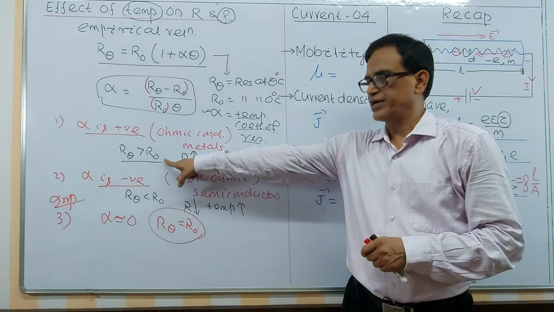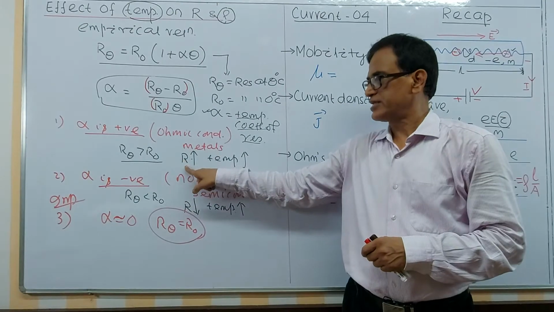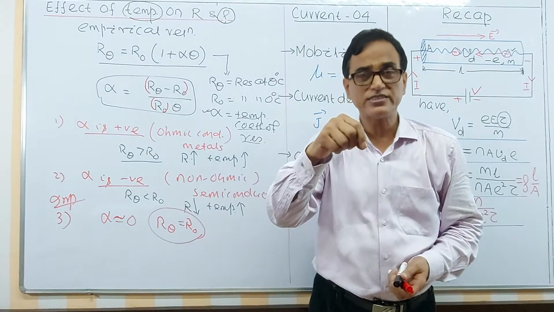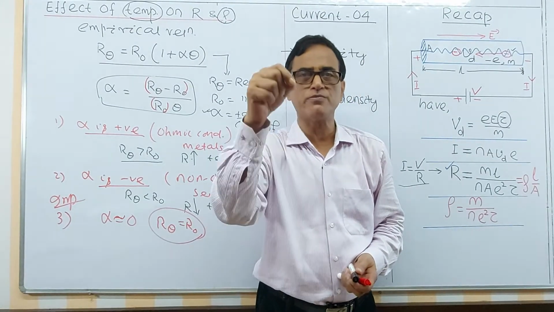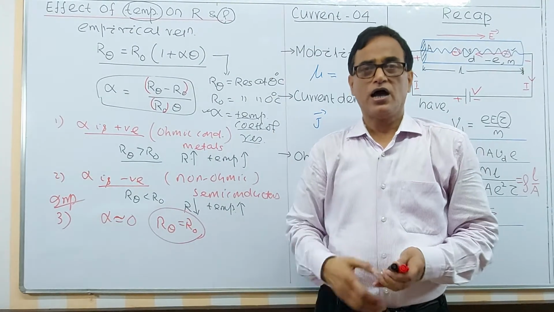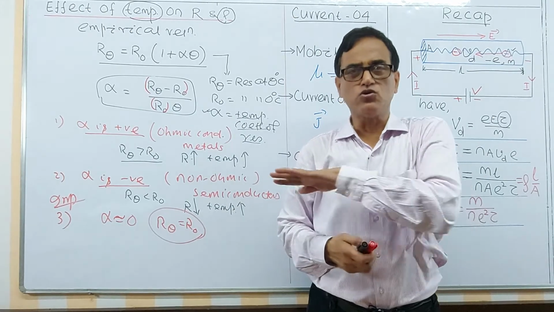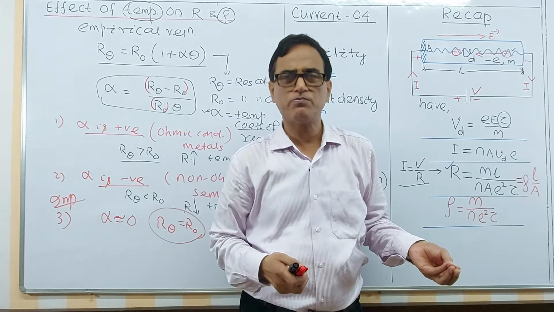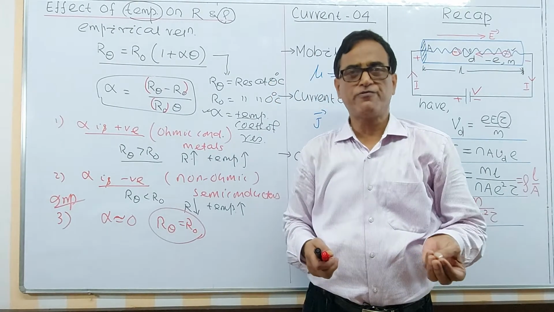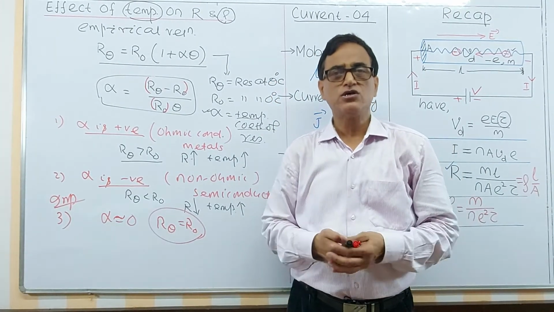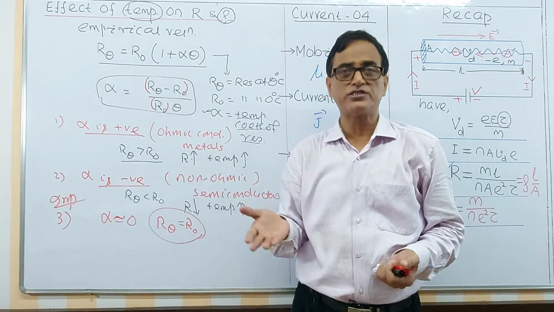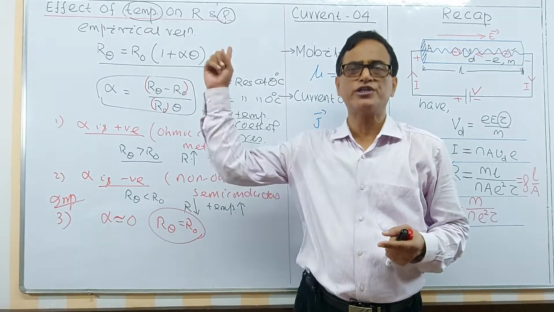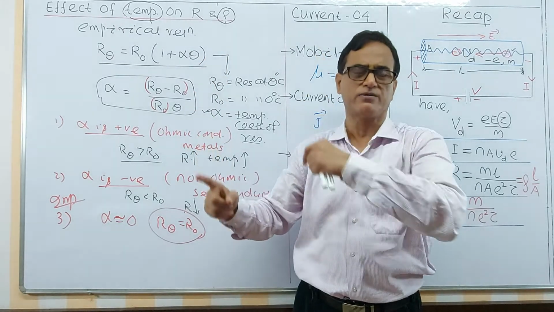If you increase the temperature, the resistance of a conductor or metals increases, and that resistance is manufactured out of certain materials, and you are doing the practicals with wide variations of temperature. In some states, at some particular point, the temperature may be 5 degrees Celsius or 10 degrees Celsius. In summer, we may have a temperature of 40 or 45 degrees Celsius. From 5 degrees Celsius to 45 degrees Celsius is 9 times higher.